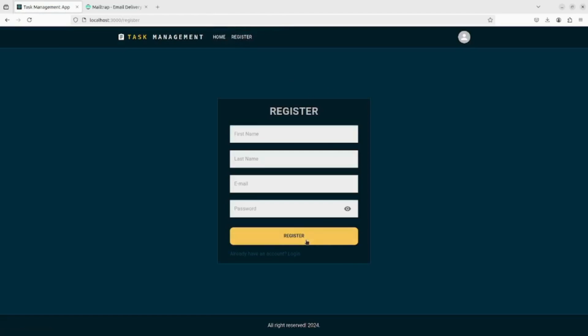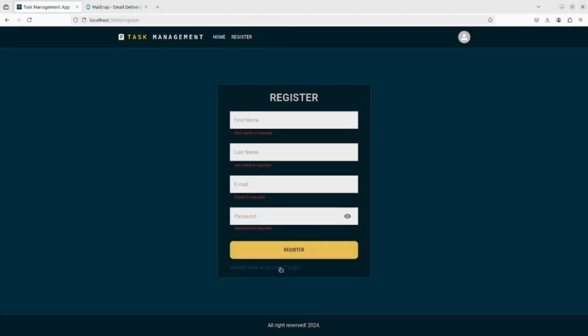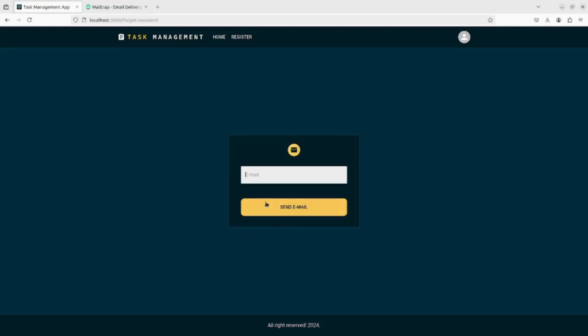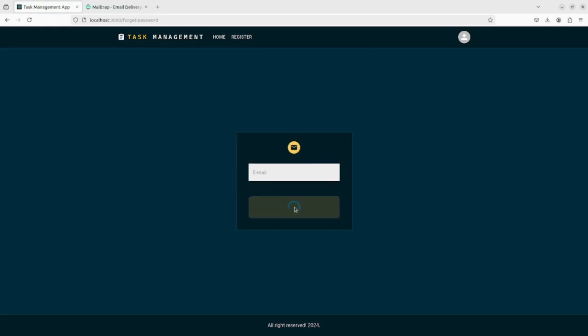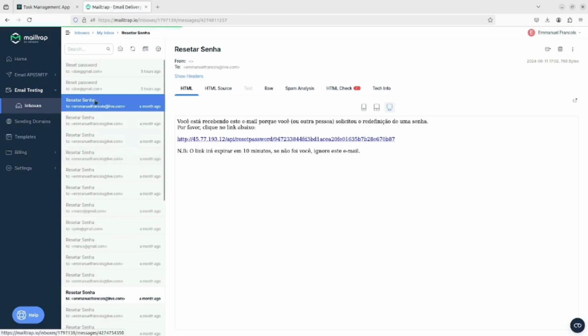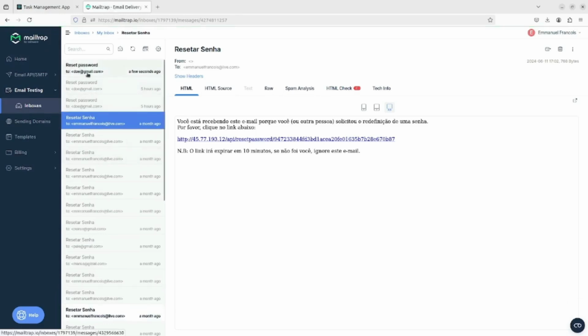Also, let's register. We have the register screen. Also, if you already have an account, you can sign in. And if you forget your password, you can reset your password on this screen. So if your email was registered in the database, as you can see, you will receive an email in your email box. Okay, as you can see, we have just received an email,